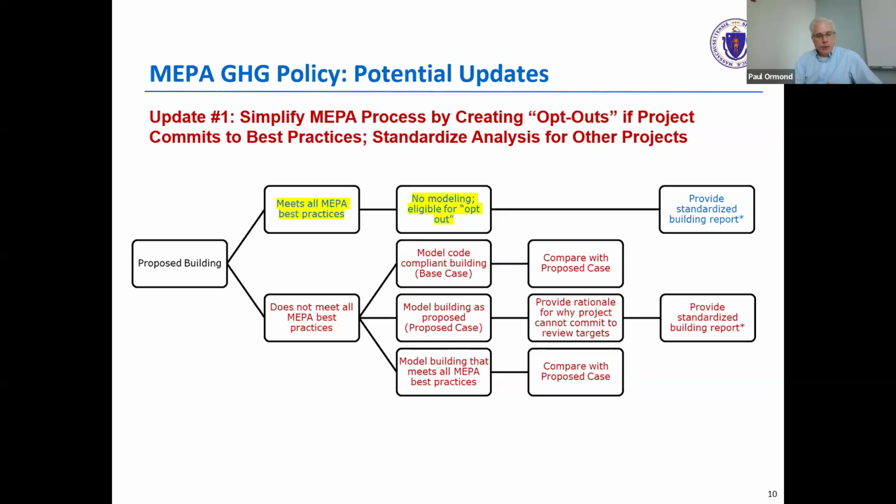In all cases, we're also proposing as part of this update to create a kind of standard report card that would propose the particulars of how to report what you're proposing to do in your building. So that way there's more standardization, et cetera, to make the process easier and simpler. At the end of giving the 3 updates, I'll give an update on the particular best practices that we're considering. So just hold a thought on what those particulars are for the moment. Let's go to the next slide.